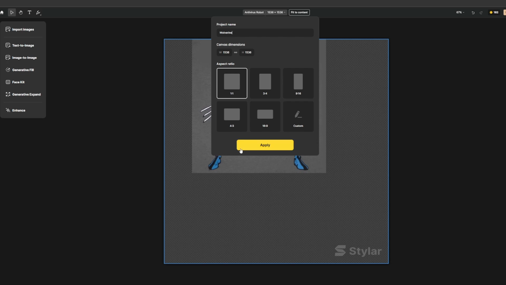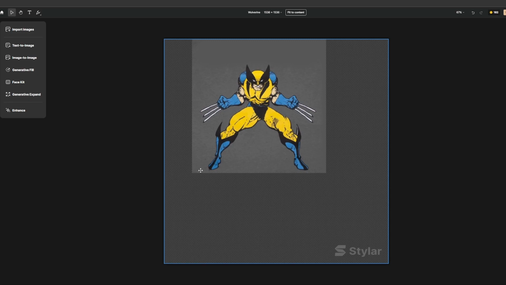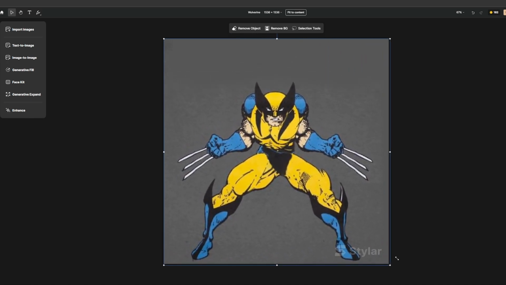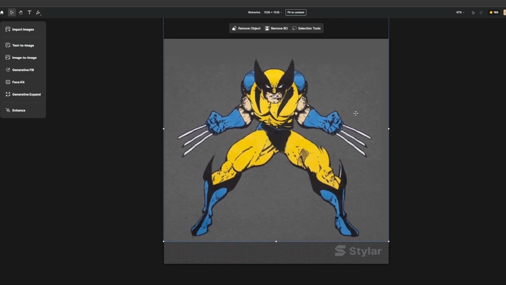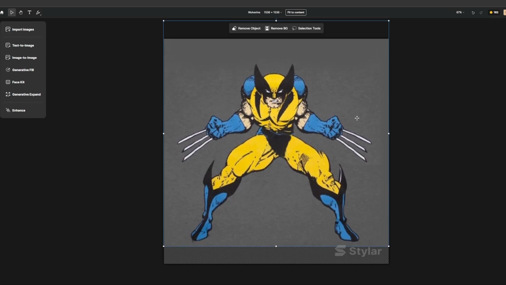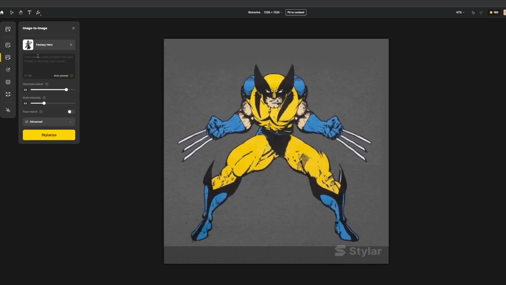And then what's happening here? Enlarge this. Okay, so here's our Wolverine. Just bring him up. Okay, then we want to do image to image. So he's a fantasy hero,